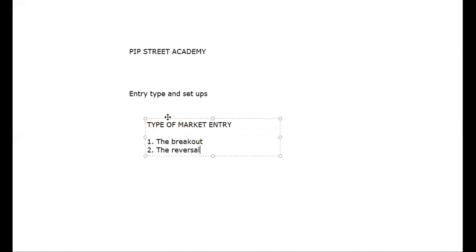Basically, the breakout strategy deals with when you have a flag. When you see a flag formed, you wait for the breakout of the flag, then boom, you enter it. And the reversal, just when price is inside the channel